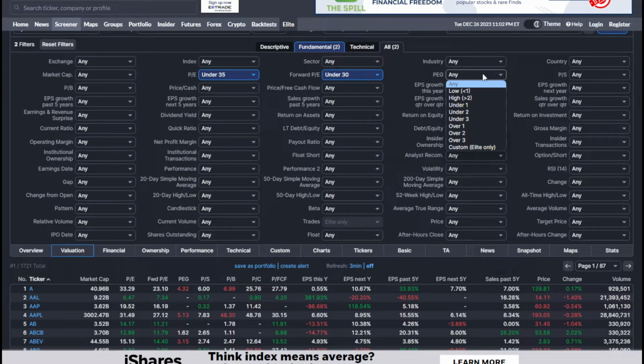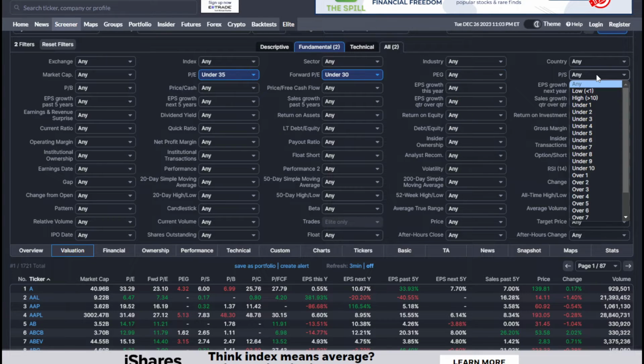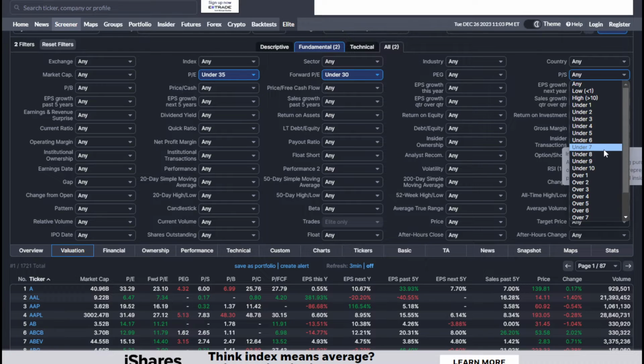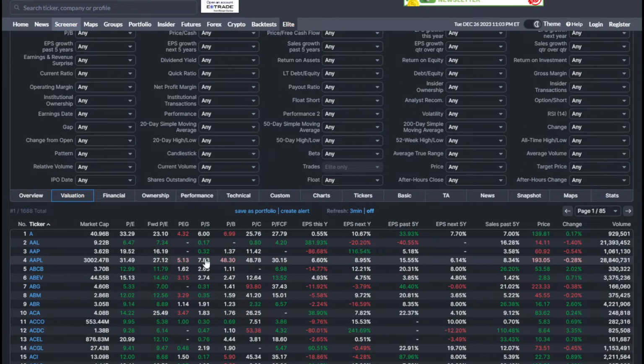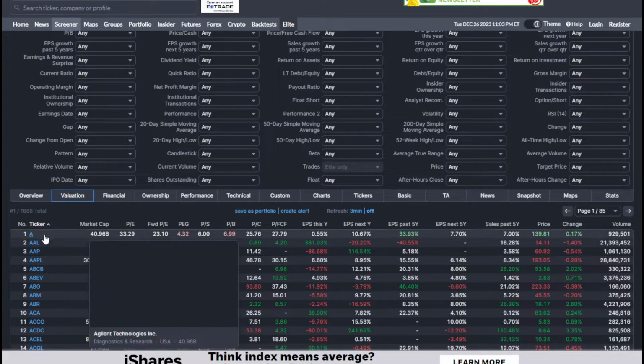Again, this website is free, and it's one of the best that I've seen for stock screening. So this only goes to under 3. So I'm going to skip that one for now, and see what price to sales is. 7.83. Let's see what our options are for price to sales. So we can get stocks under 8 here. Okay. Now we're down to